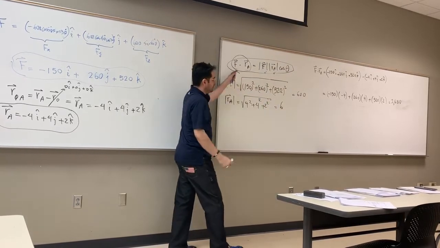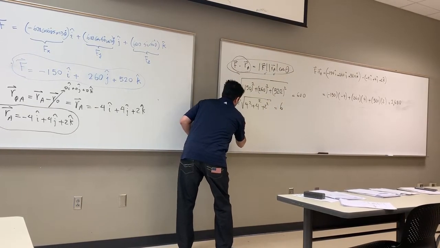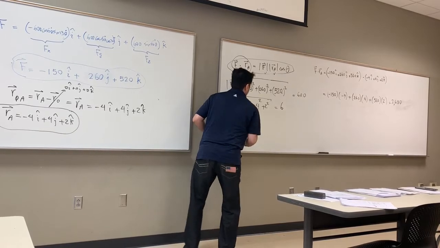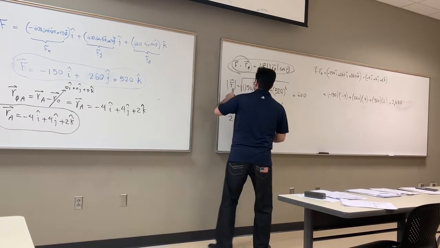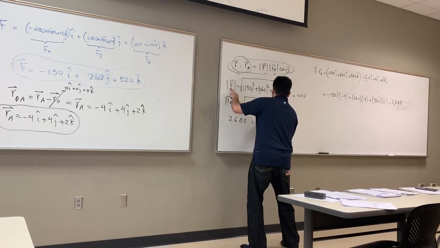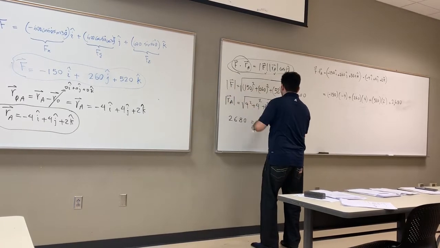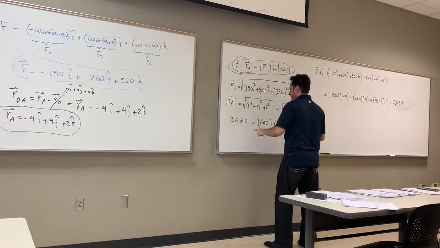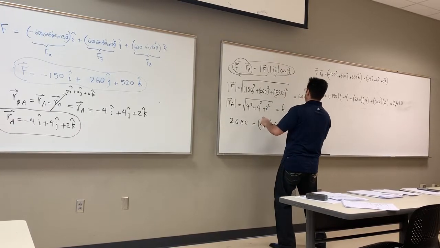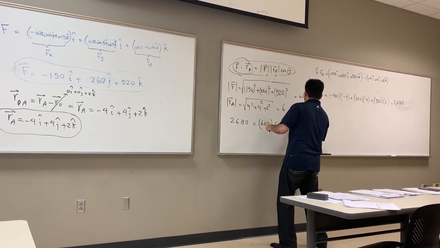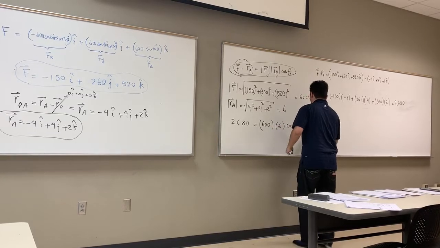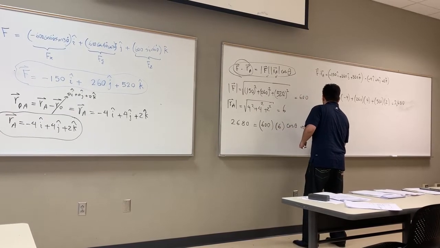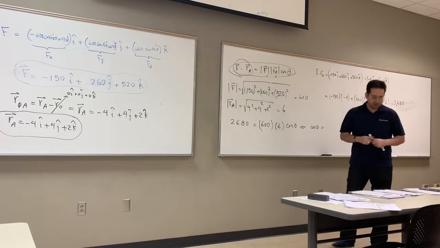Then the dot product: 2680 is equal to the magnitude of F, 600, times the magnitude of RA, 6, times cosine theta. That means cosine theta is equal to